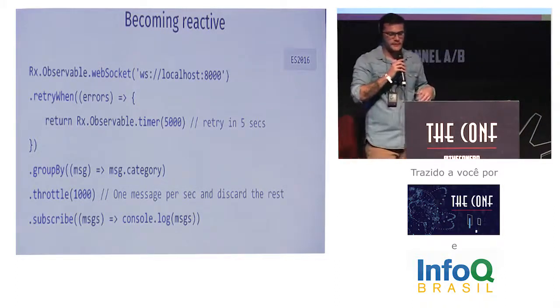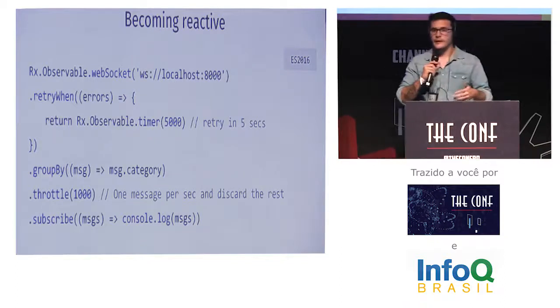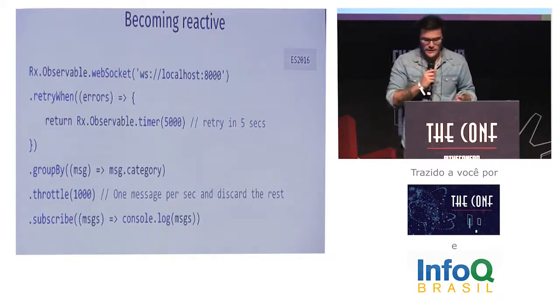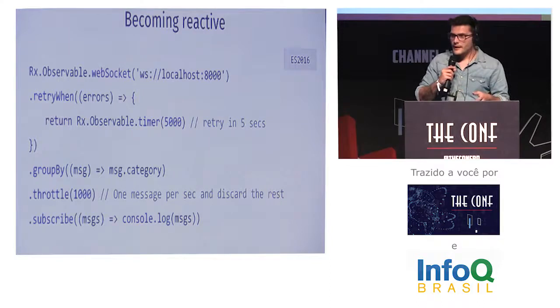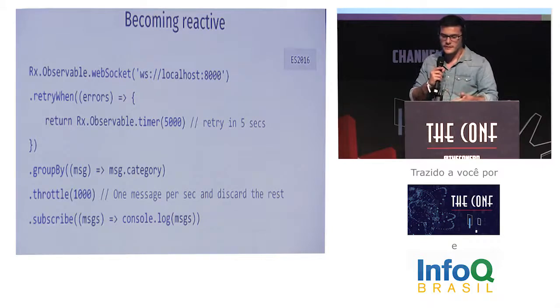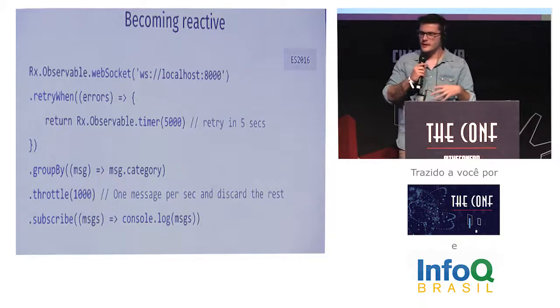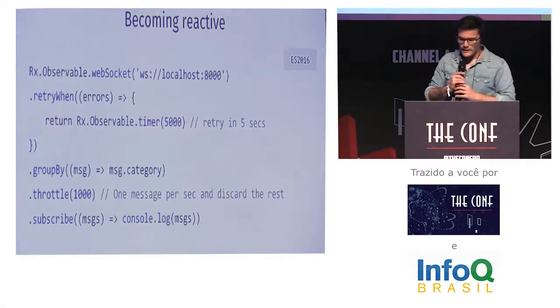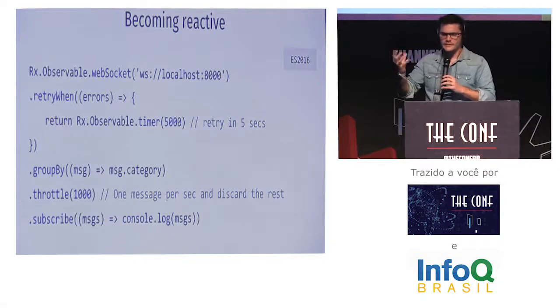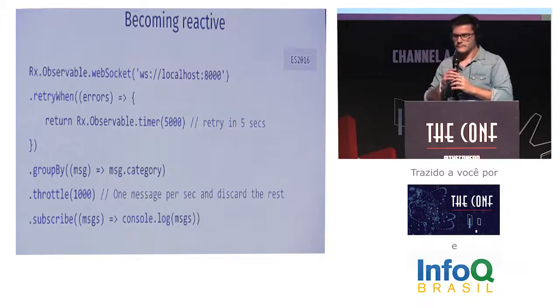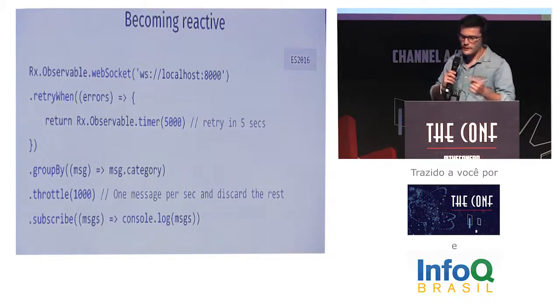So here, a cool example is consuming data from a WebSocket in a monadic way. Here, I use Rx to create an observable data source. We apply a connection error strategy, so that we'll try to reconnect after 5 seconds if we lose the connection. We group together messages that share the same category, which creates a flow for each category that might share the same type, and handle only the first message that arrives within the first second.